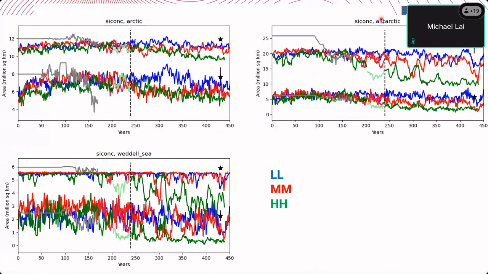And ditto, the summer value is also very low. The Southern Hemisphere, you can see, is even worse. Again, the grey is, quote-unquote, observations with some idea of the range of the observations with the stars. And you can see again that the low resolution ticks along and looks okay. The red, the medium resolution, does some slightly strange things, and the high resolution, actually